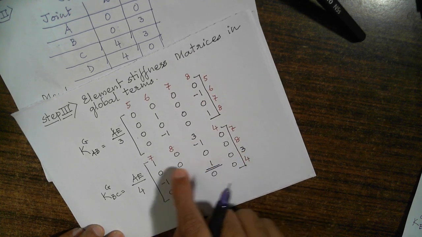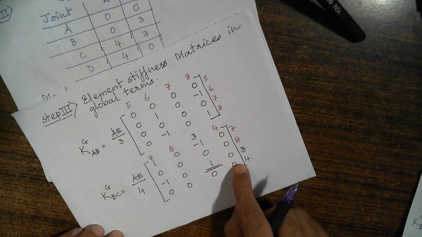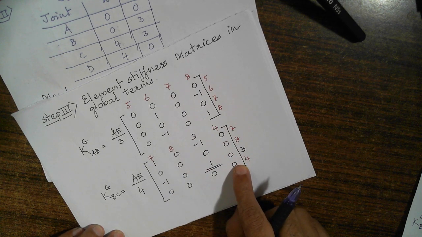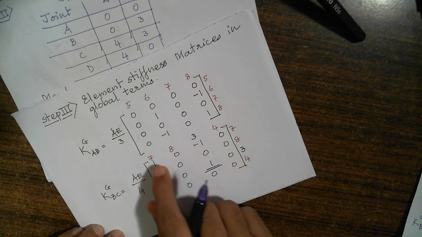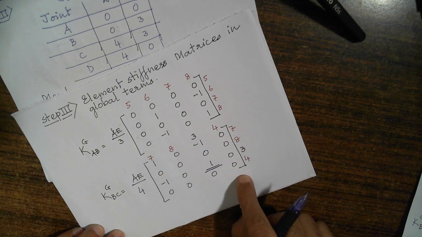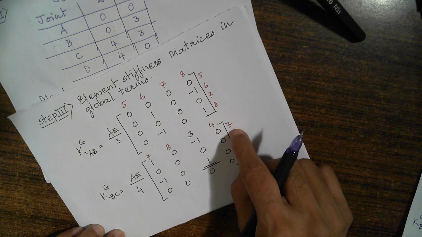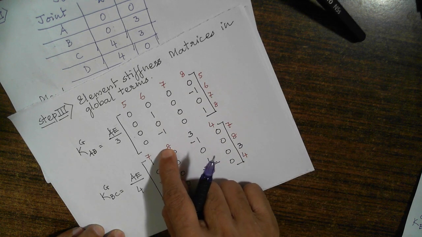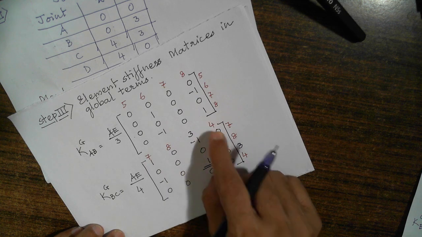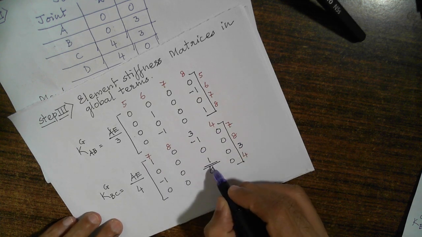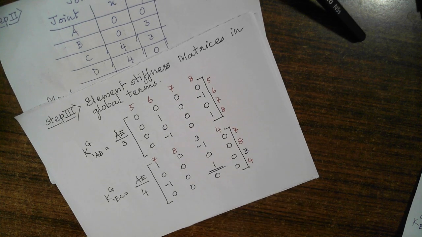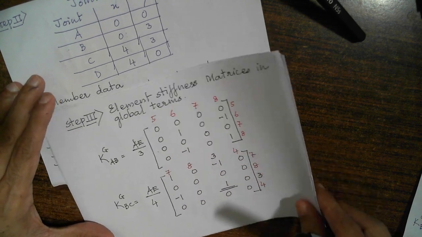As member 3, 3, third row, third column. For all the other rows, they will be non-existing in our structure stiffness matrix. Our structure stiffness matrix will be of size 3 by 3, with row numbers 1 to 3 and column numbers 1 to 3. In that case, row numbers 7, 8, 4 and column numbers 7, 8, 4 will not be in the picture, and that is why I am getting only one element from this matrix to be mapped for my global stiffness matrix for the structure as a whole. So this is K global BC.